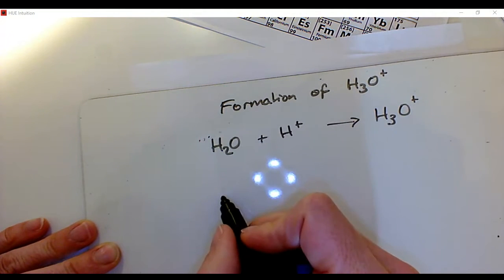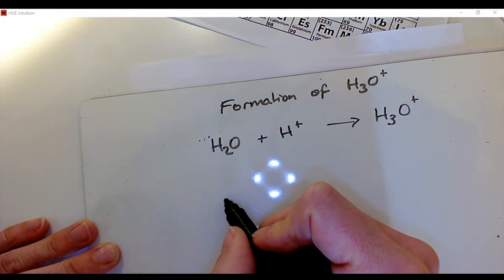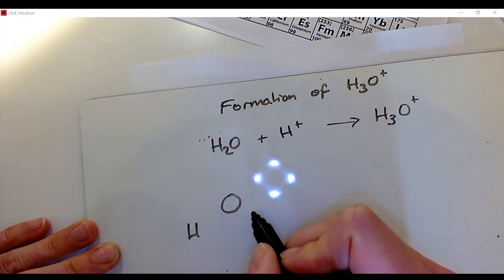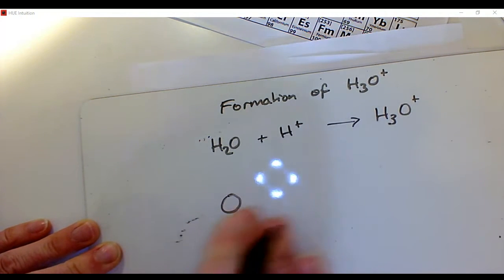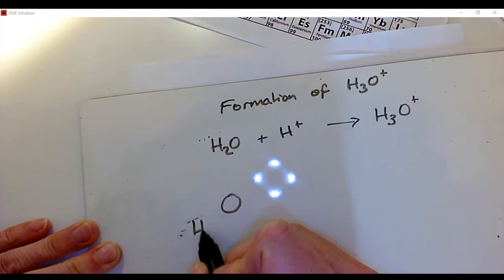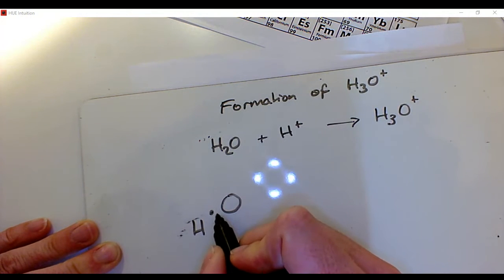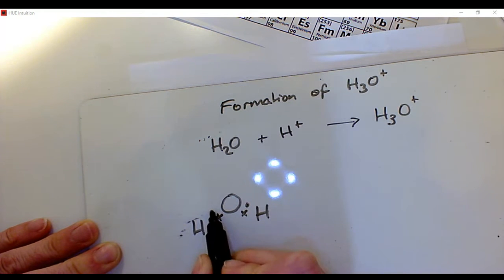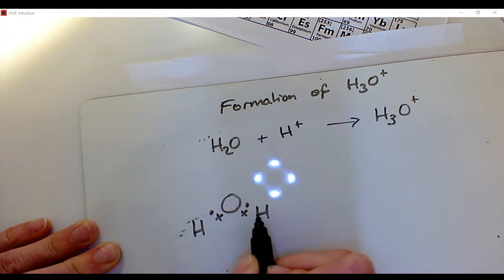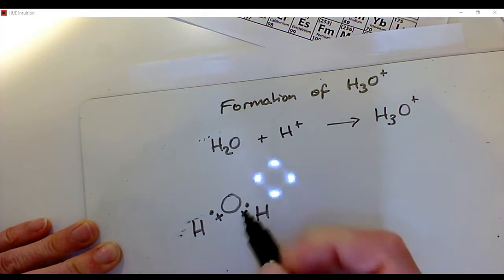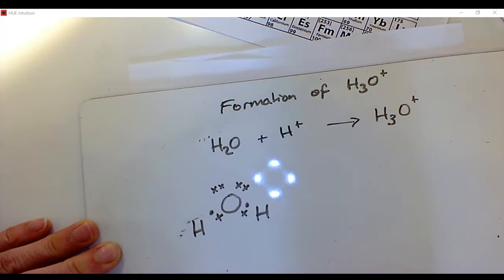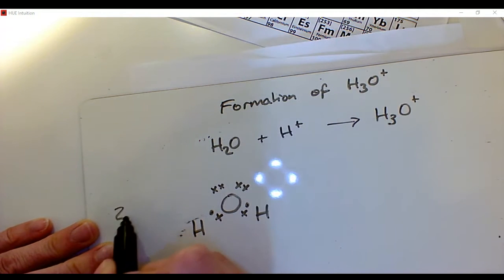Okay, so let's draw the water molecule. Now, in this instance, we have O, H, H, and I'm going to draw it with its correct geometry. It's a bent molecule. So you have a shared pair, a single covalent bond, between the oxygen and hydrogens, and then you've got 4 more electrons. You have 2 lone pairs on the oxygen. So that's got 2 bonding pairs